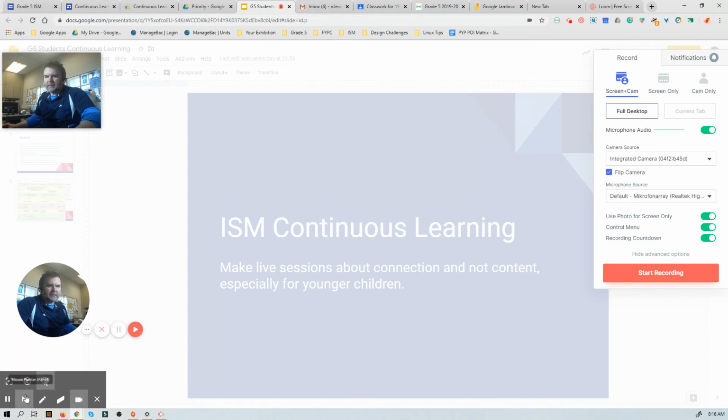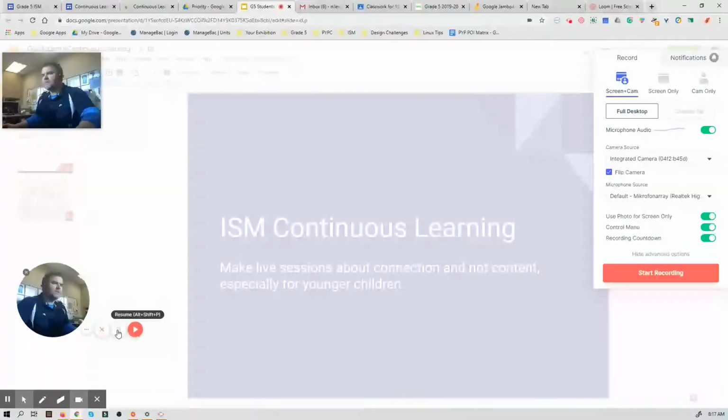What's really important is that when you click start recording, you have a 3-second countdown, but that countdown isn't immediate. So what you have to do is keep your eye on the resume button here, and when you see that activated, that's when you start talking. If you start talking right when that click goes off, you lose your first sentence and it's not recorded. So clicking on start recording,